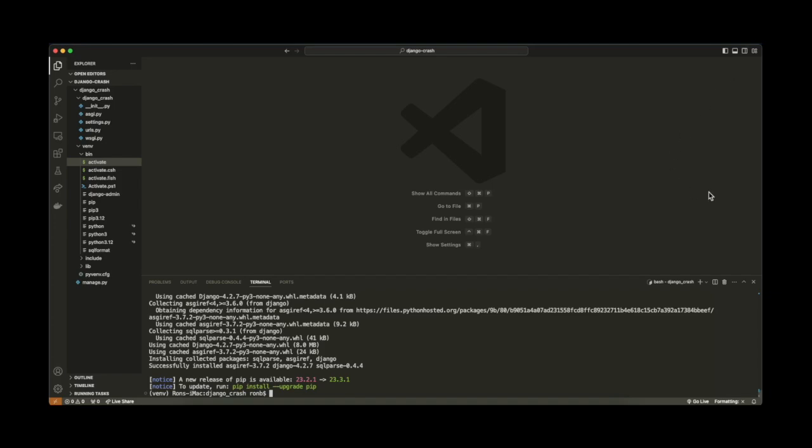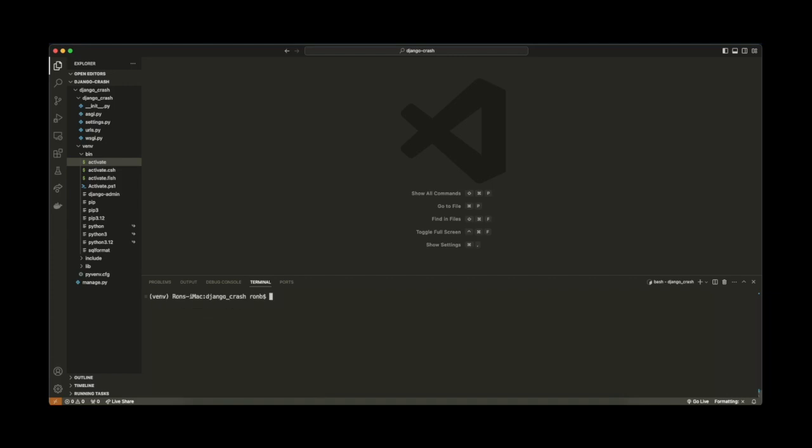All right, so that's finished installing. That's awesome. So now we've got Django set up. Now, one thing that I typically like to do, and you don't have to do this, let me just clear my console here. You don't have to do this, but one thing I typically like to do, especially when deploying a Django project, is I like to freeze all of my packages, my package installations, into a